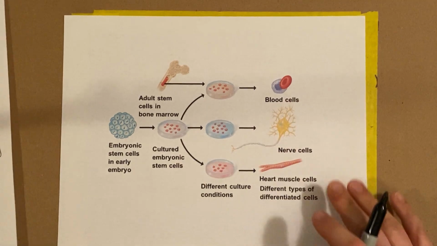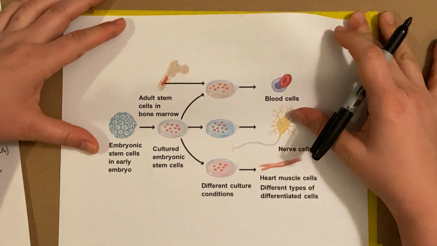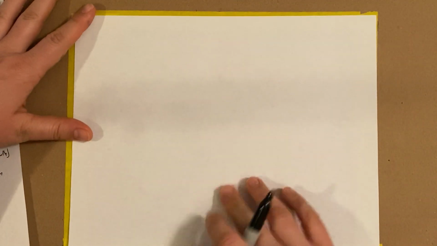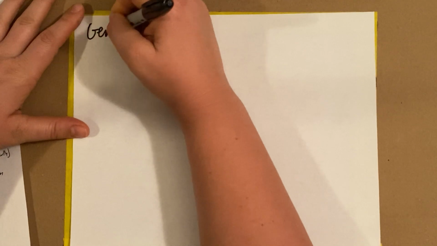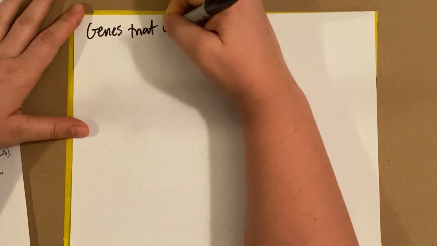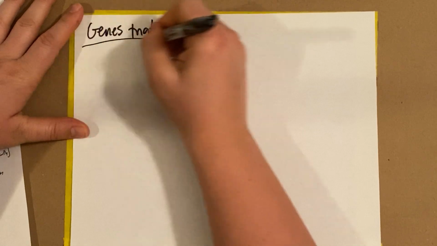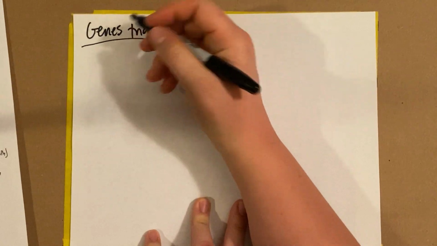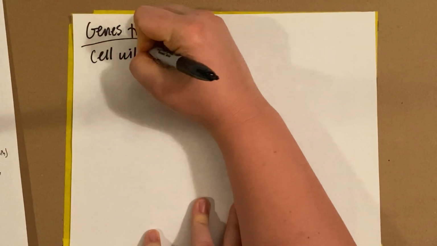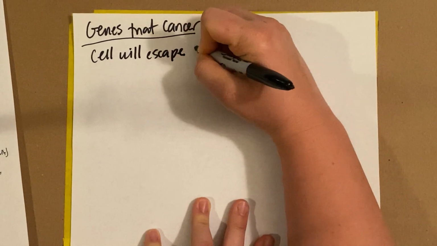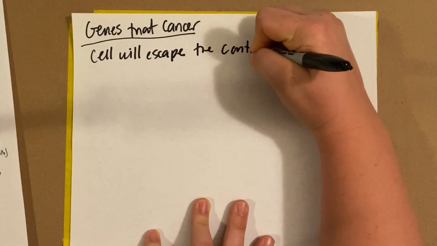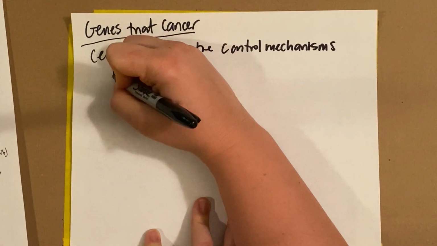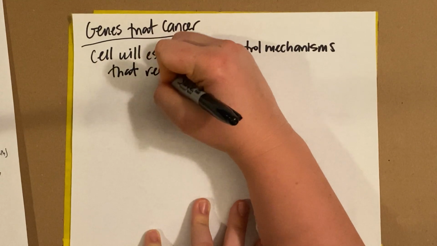So kind of switching gears a little bit from this idea of stem cells and cloning, we're going to talk a little bit about cancer and the genes that cause cancer. Okay, and so when cancer occurs, what often is happening is that the cell will escape the control mechanisms that regulate